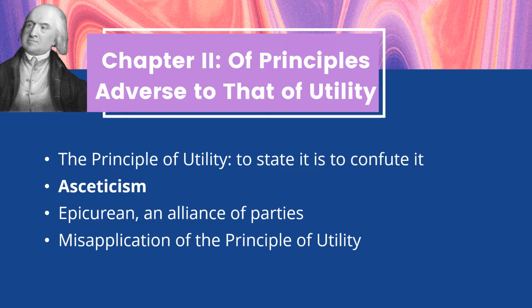Next to be discussed is Epicurean, which is a form of union between parties of the moralists and religionists, such that a man would not always know which of them influenced him the most, and they would frequently serve to reinforce and enliven one another. Epicureans believe that nature appears to command humans to avoid pain, and that all animals strive to avoid pain to the greatest extent possible. Epicureans had a very particular idea of what was the greatest pleasure, and their ethics were centered on avoiding suffering rather than seeking pleasure.